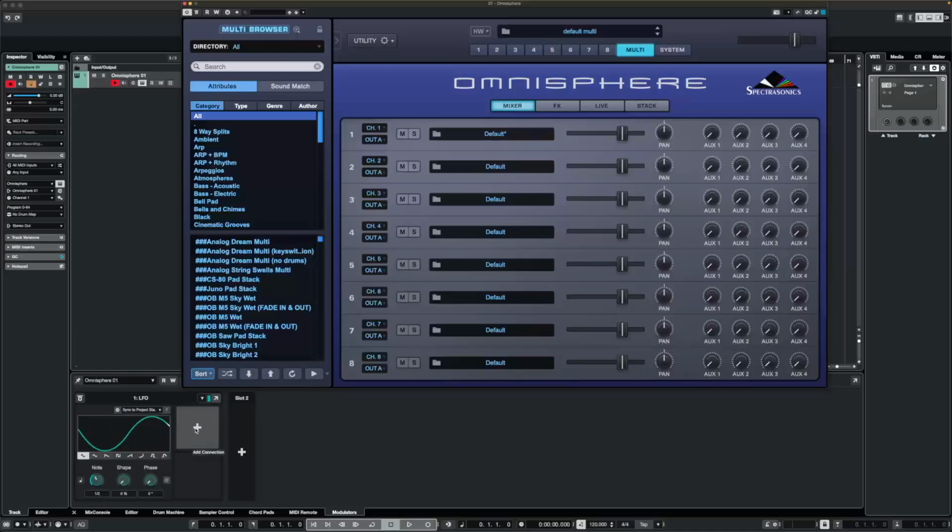Hit this big plus sign to add a connection, then press learn and move the knob, and there you go. We have now got a modulation of the auxiliary channel,